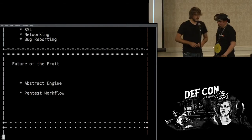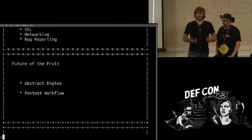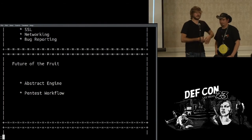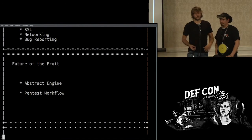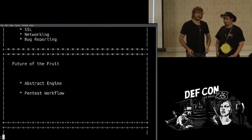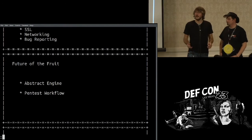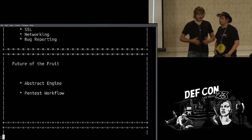Wi-Fi side, yes. So the issue isn't the Wi-Fi. It's what you do after you have the clients. So we're working on a way that you can basically take the clients and abstract the engine, the thing that does the thing, keep doing the Wi-Fi, and then offload tools and so on to other devices, be it your ARM devices or your laptop or a device in the cloud, which runs your tools. But basically, we're going that direction with this engine so that you run a Pineapple, it does the pulling of the clients, and...